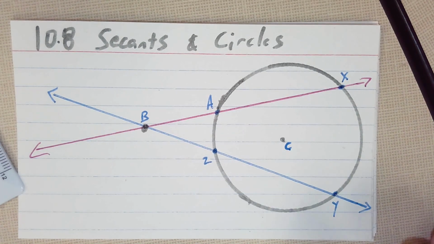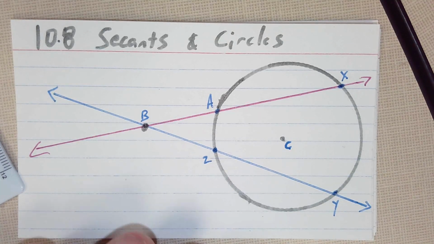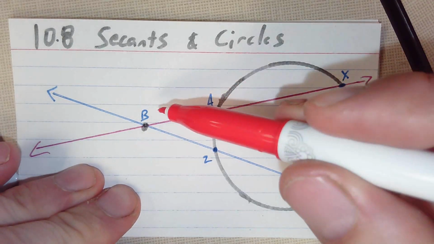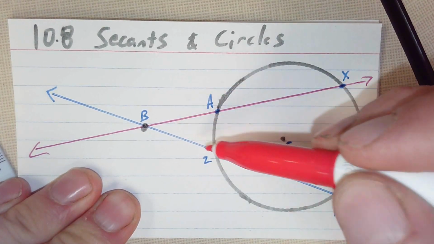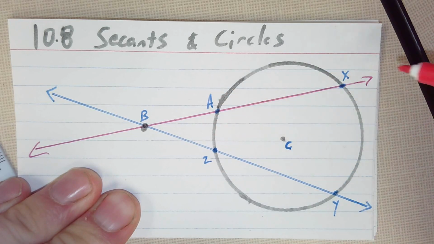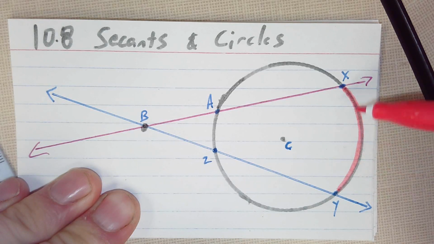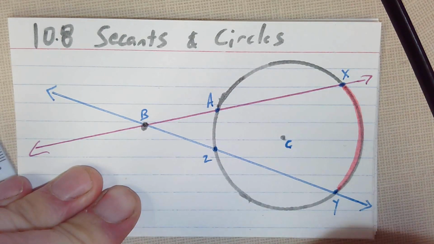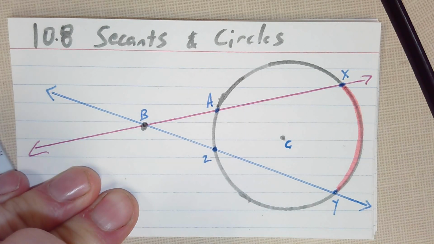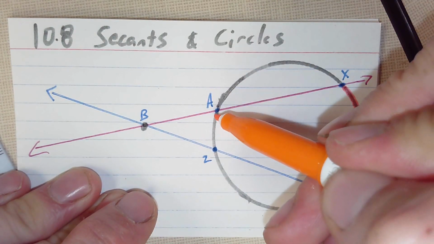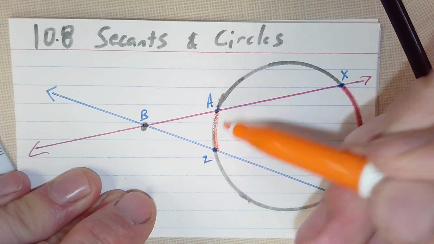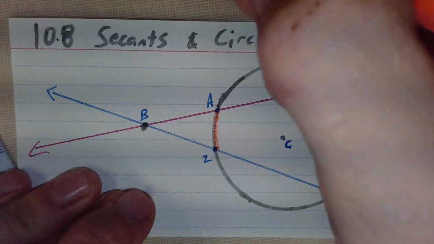All right, so an interesting relationship happens. Well, I guess first we'll identify some more things. We'll identify this arc here. Let me get some colors. We'll call the far arc on the opposite side, the big arc formed by these secants, the red arc XY. And we'll call the orange arc AZ here. Okay, so we have arc AZ,